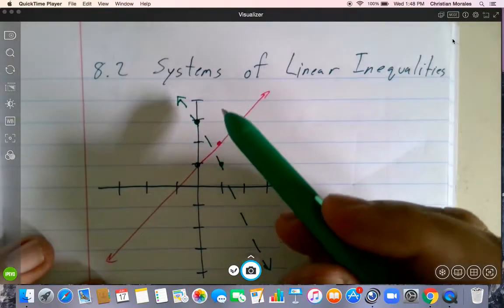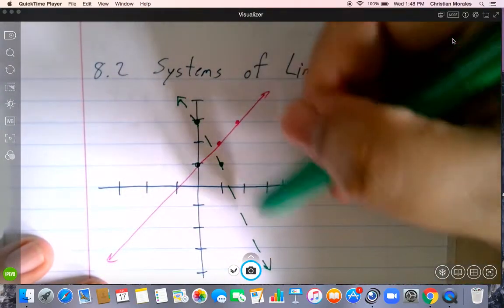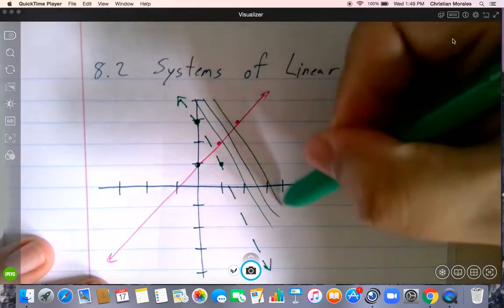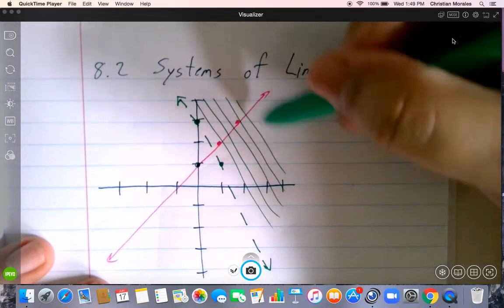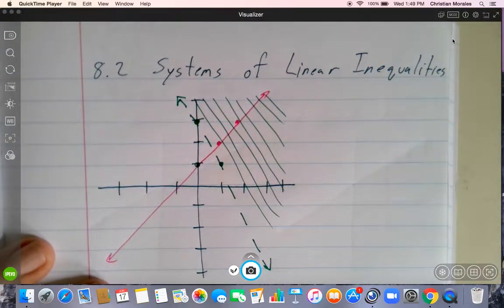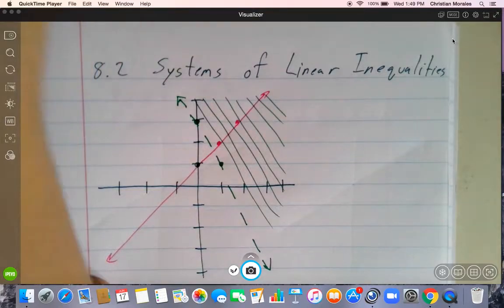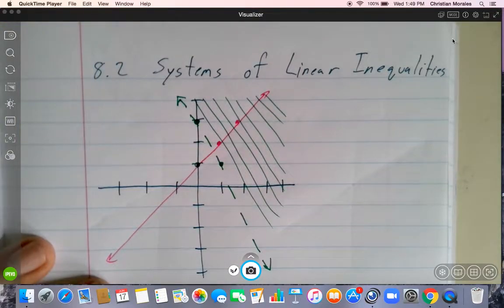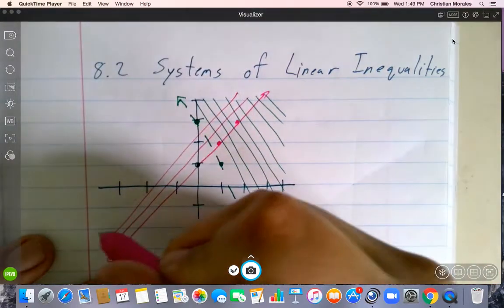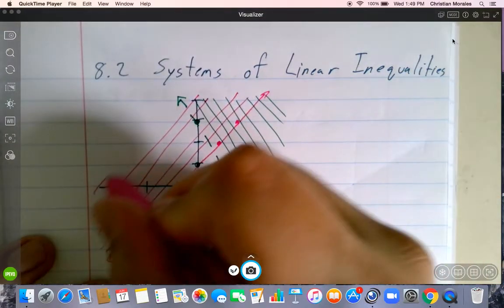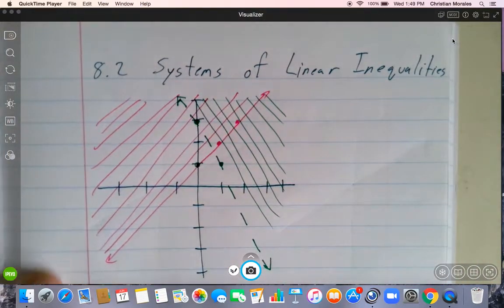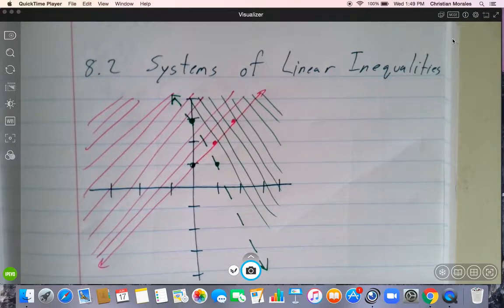What I want you to do is maybe just draw some lines like this when you're shading, so I know where your answers are, okay? Especially with pens, because I see some of you guys using pens and they run out of ink pretty quickly. But more importantly, when you draw two lines, it's going to get hard to tell. But if you draw lines like this, okay, you're using less ink,